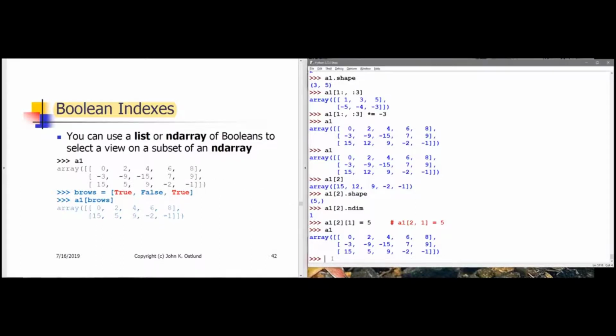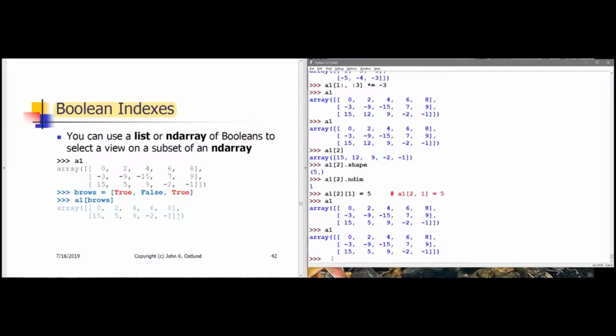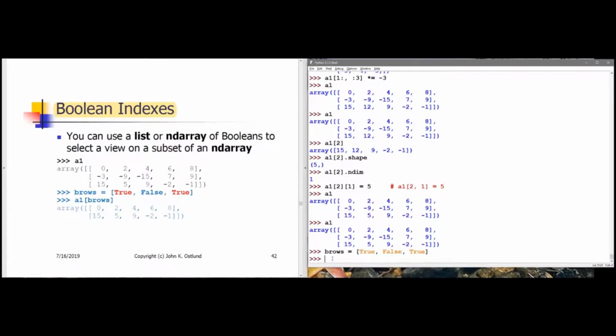For example, here we have A1 again on slide 42, and I'm going to create a list named b_rows containing True, False, True. Now, I know that variable name looks like "browse," but it's not "browse." Trust me, it's b_rows. And if I say A1 sub b_rows,